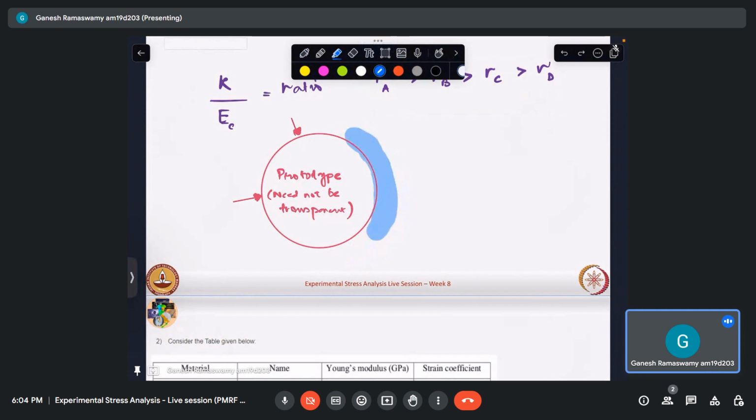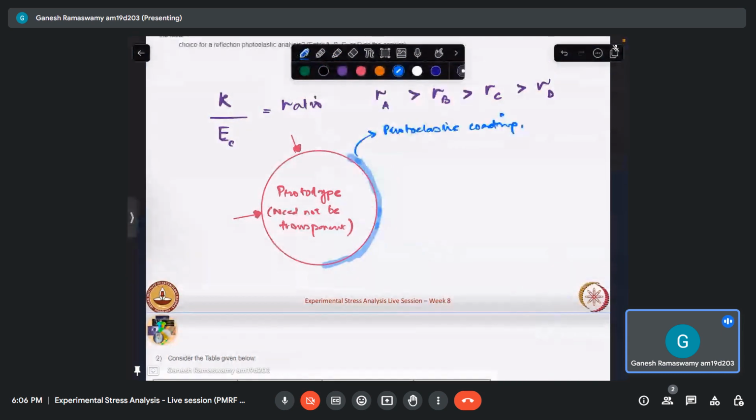Let me reduce the thickness. Yeah, we coat this surface with a material that is photoelastic. This is the photoelastic coating. So essentially, whatever we were doing on one side, meaning we used to have the light source,